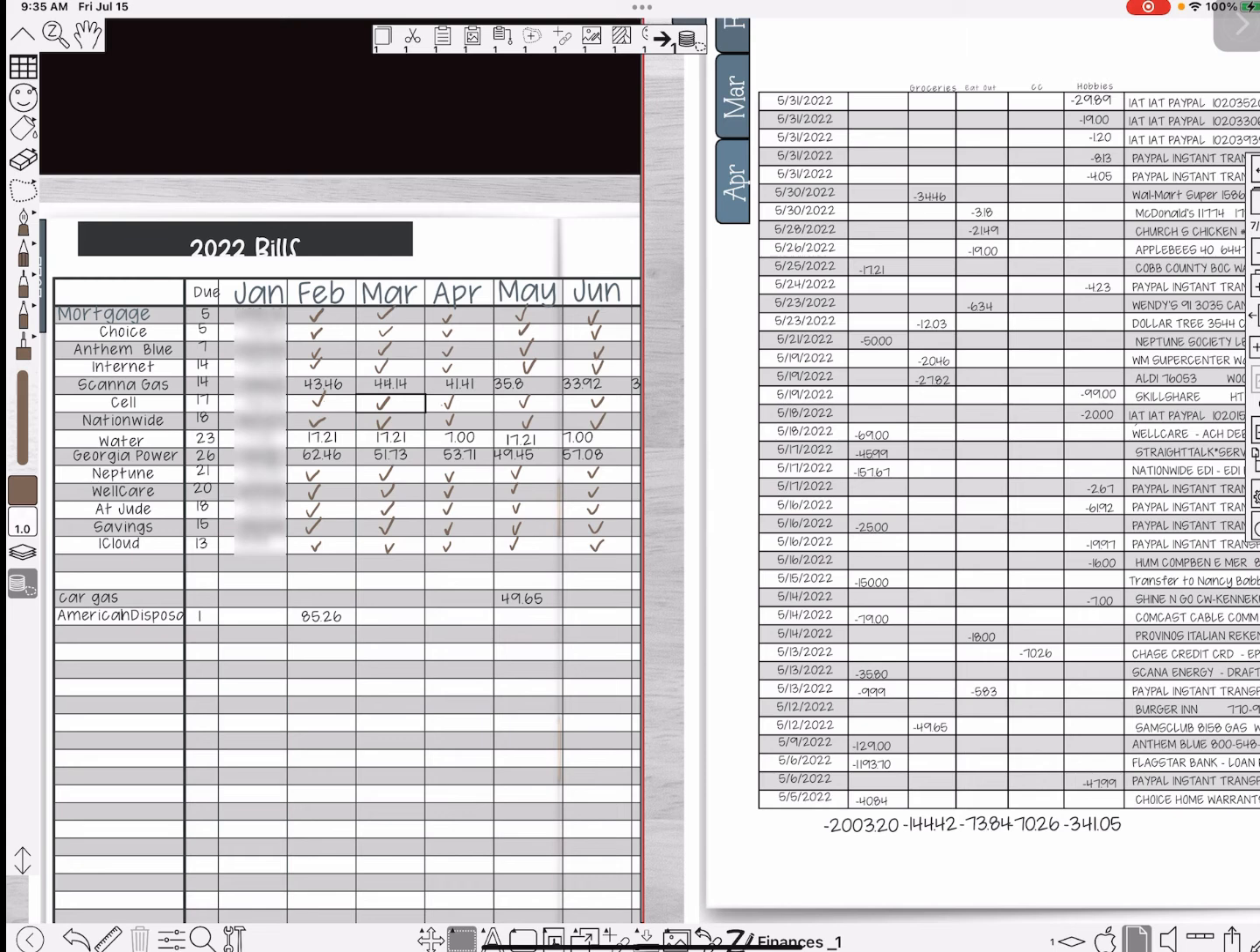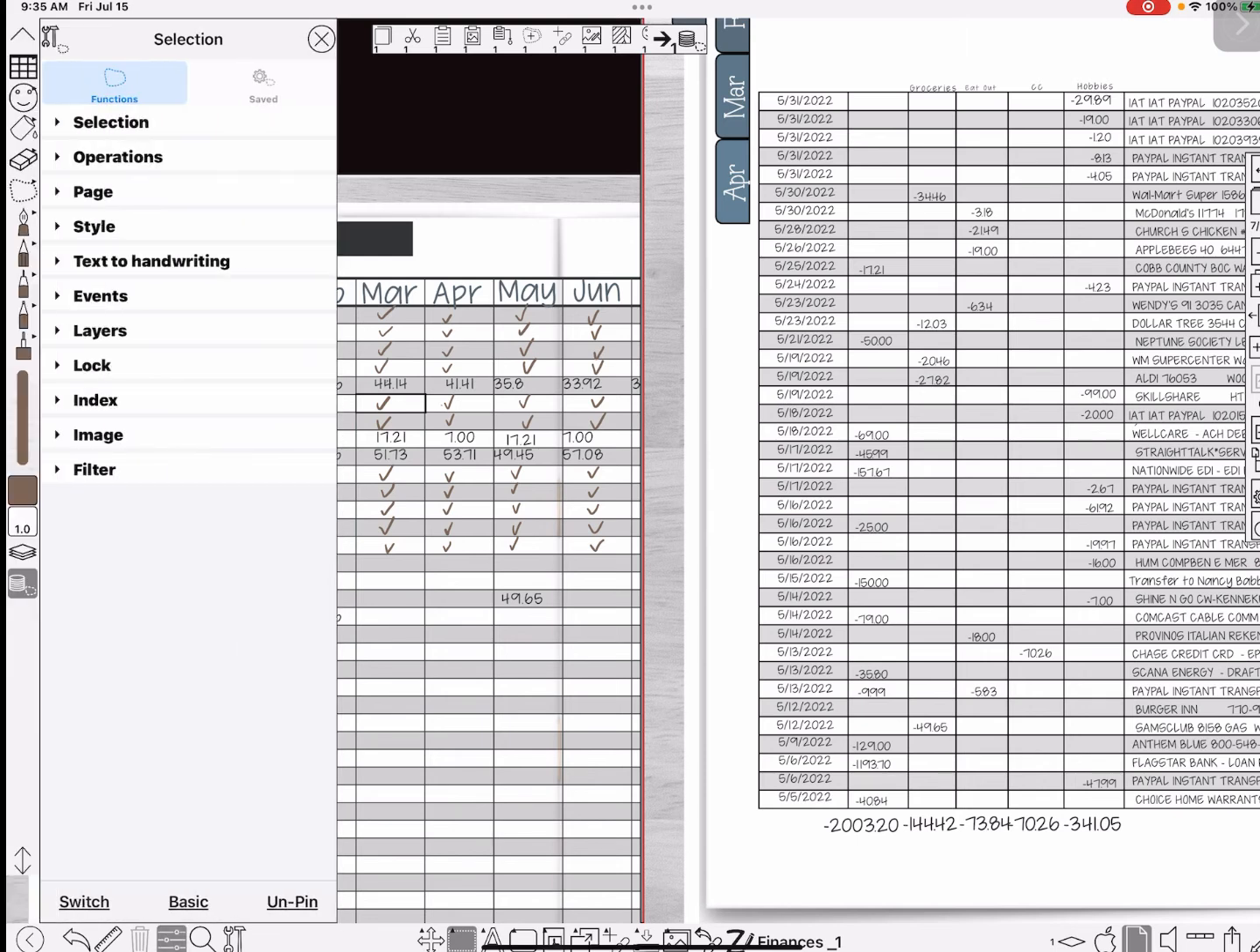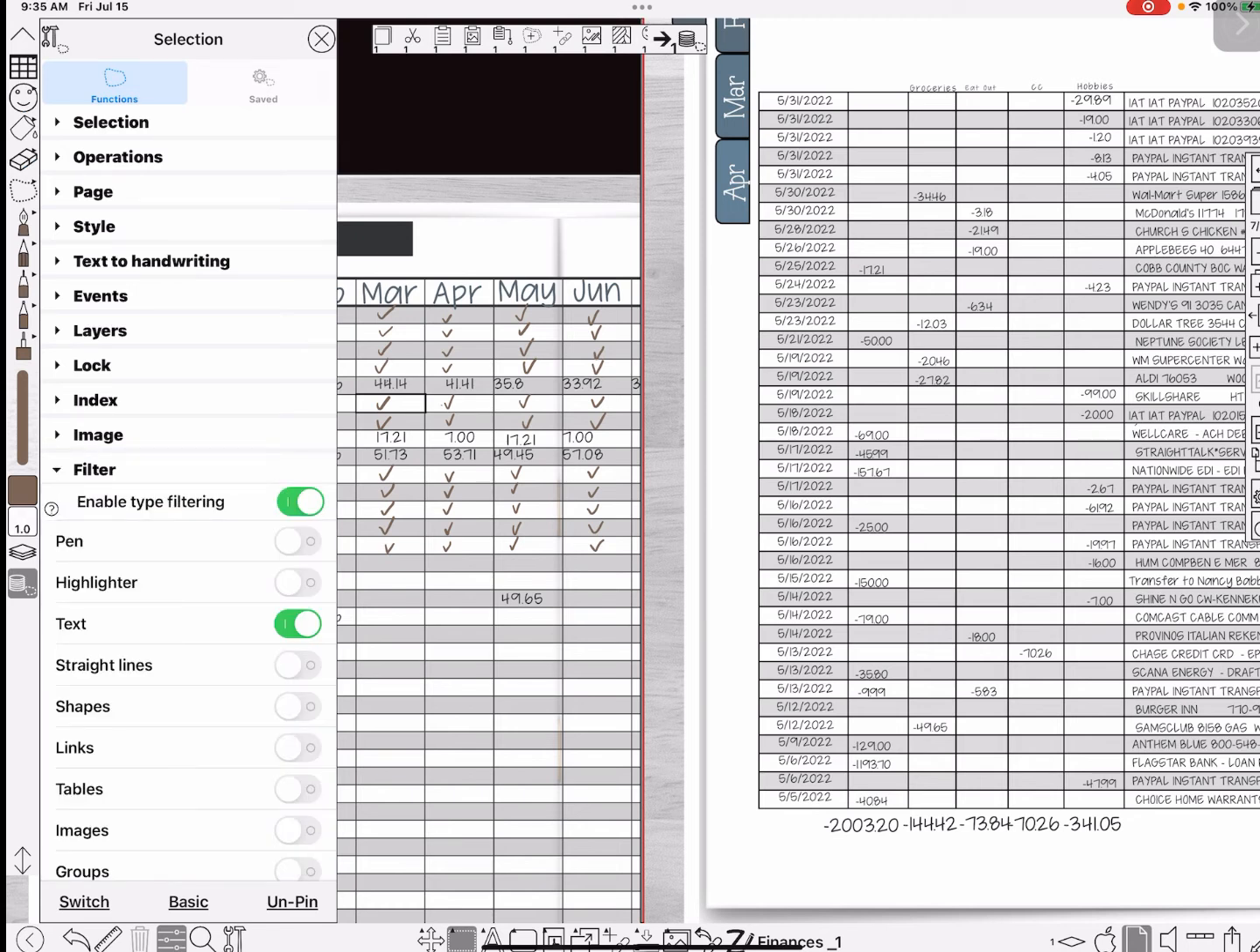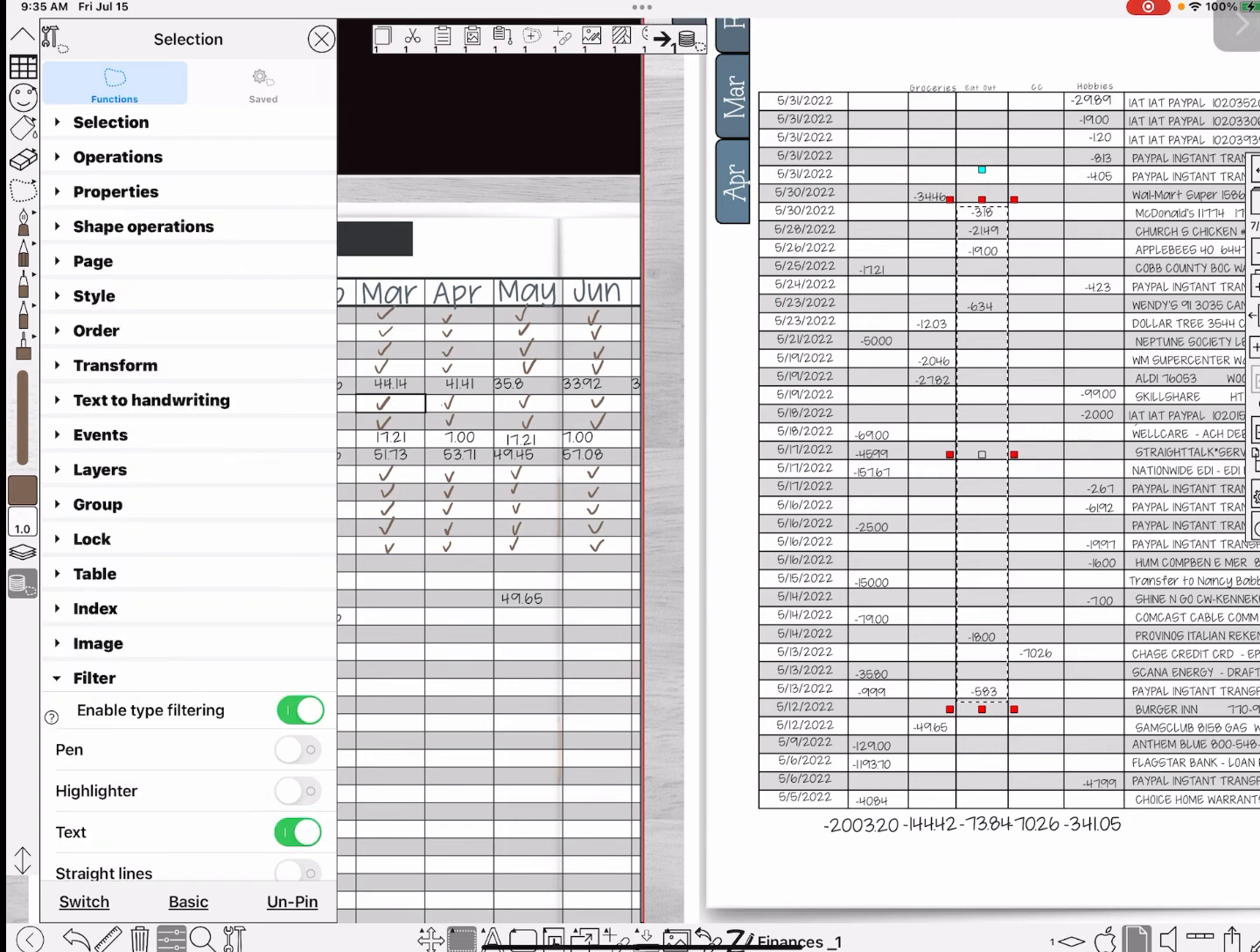Now, to do that, I have to filter just text, so that way I won't keep selecting that table. And then I select the whole entire column. And now I have moved the sum to my